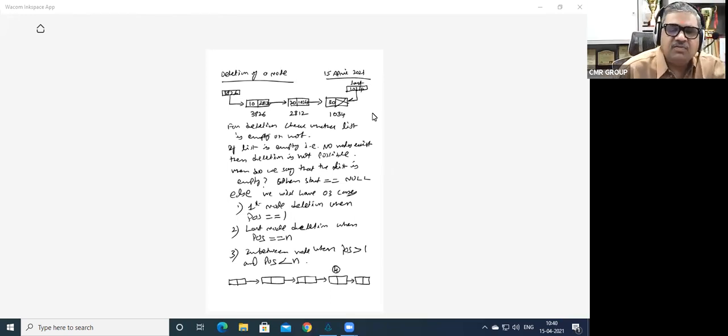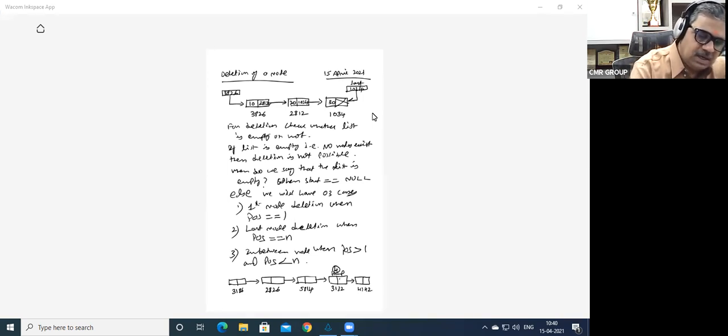Let this be the temporary node which I want to delete. For example, 3132 is this address, 5814 is this address, 2826 is this address, 3186 is this address, and this is 4142.